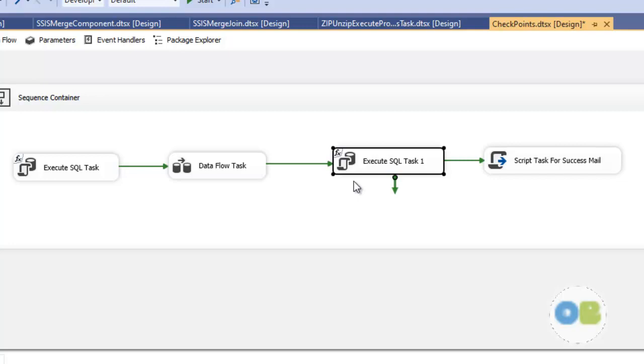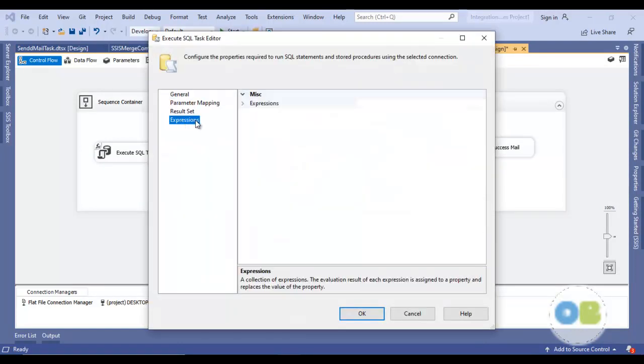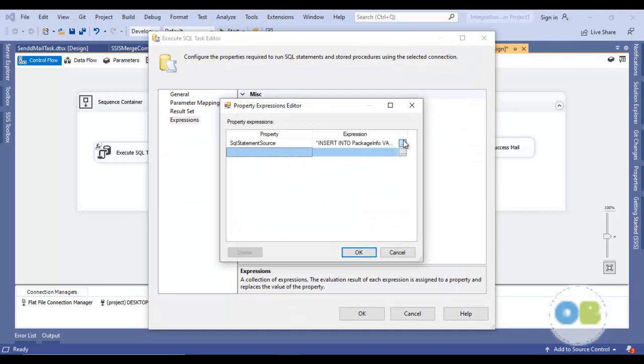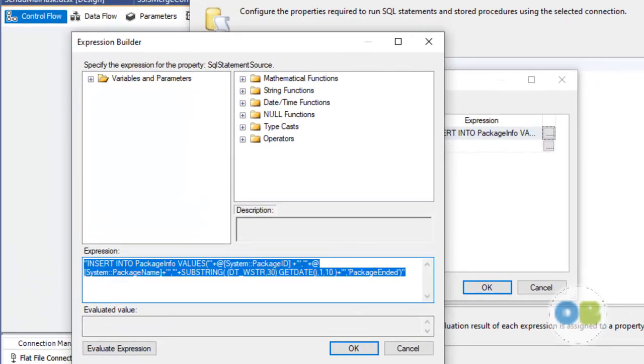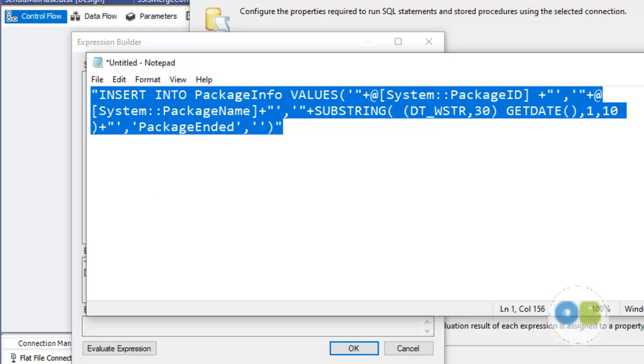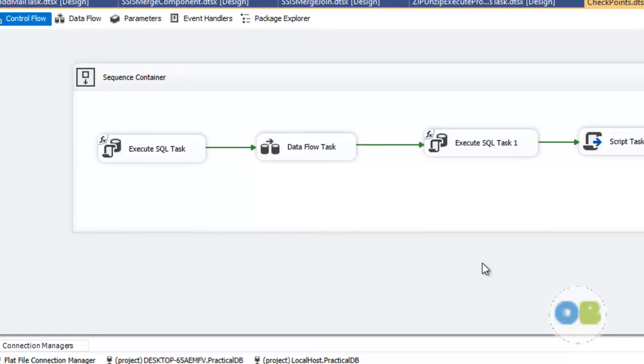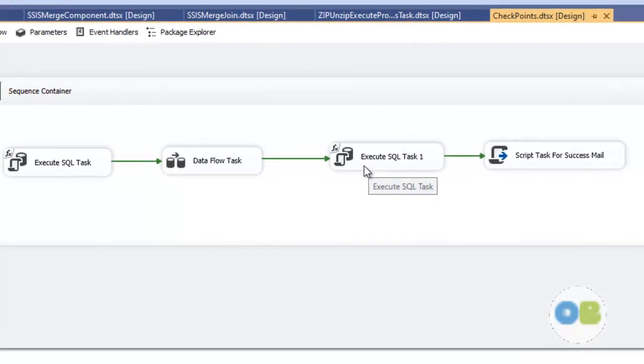Now let's see this same example live with a demonstration. So let me just run this package now. Before I run the package, let me create an error here. For that, let me double click here, go to the expression, and copy this. Here again I'm going to put one more inverted comma. So let me copy this, there you go. Definitely my package will fail here. So let me just start and run this package. I will say start.